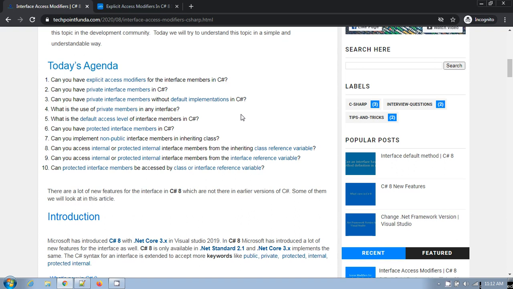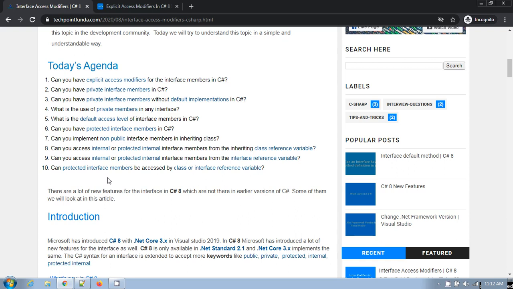But in C sharp 8, if you are defining any private property or method, what is the utilization of that? Because you know that if you define any member as private, then it cannot be accessed outside that type, whether it is a class or an interface. So it remains the same in C sharp 8 as well.